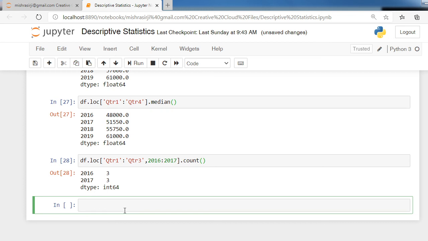Now I want to apply one more function, that is sum. So I am writing here df dot loc, changing the range to qtr2 to qtr4, and the column index is 2017 to 2019, dot sum.